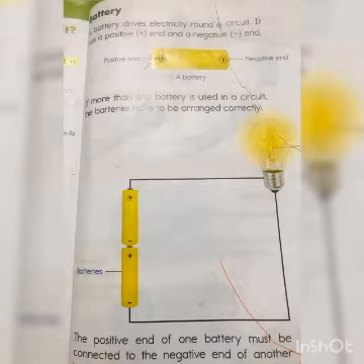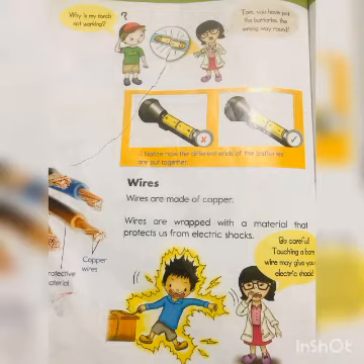If the opposite ends are connected to each other, then we can have electricity in the circuit. So we need a correct arrangement of the batteries as well for a complete circuit. Now move to the next page, page number 114. Again, underline the important lines that I will repeat twice, or the words.